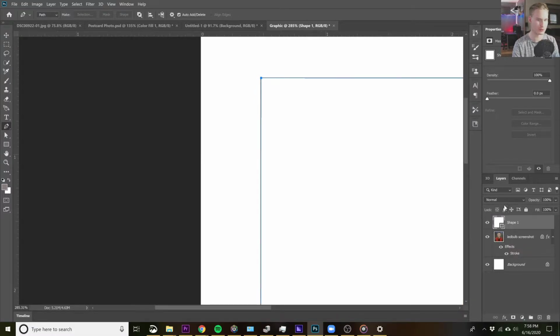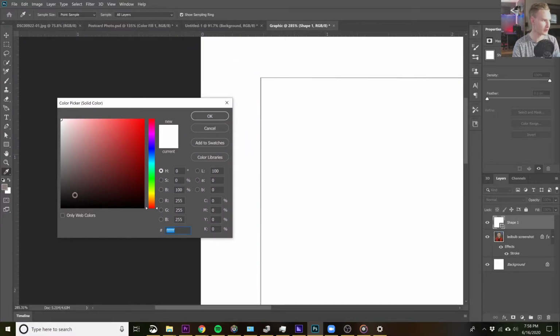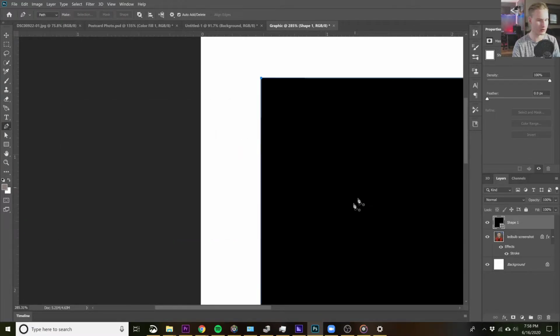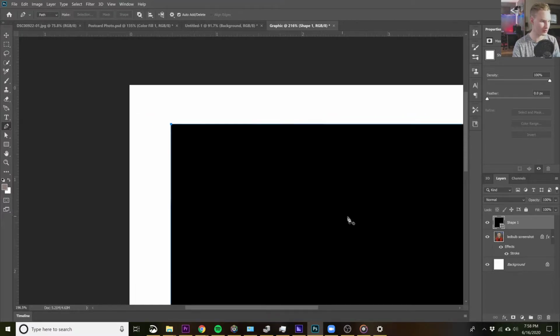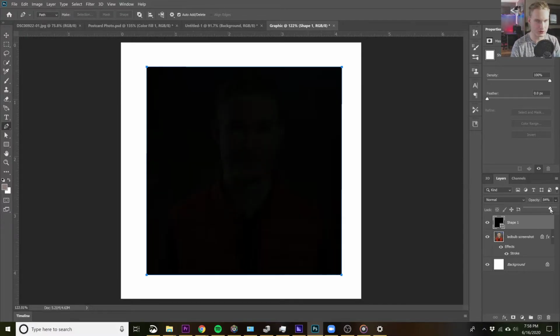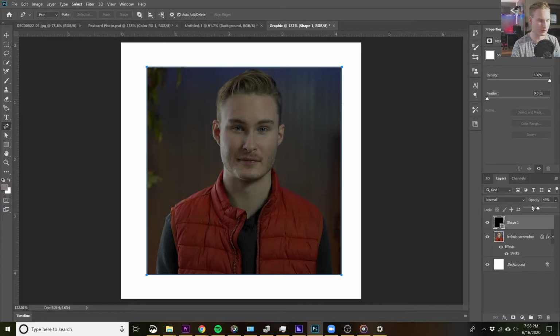And you can see that the shape is white. We want this to be black. So I'm gonna double click on the middle of this layer right here. And that'll bring up the color option for this layer. And I'm gonna slide this down all the way to black. There we go. And then I'm gonna zoom out by holding Alt and scrolling on my mouse. I'm gonna decrease the opacity to about 43% for now. But what we can do now is put this layer right behind the picture,